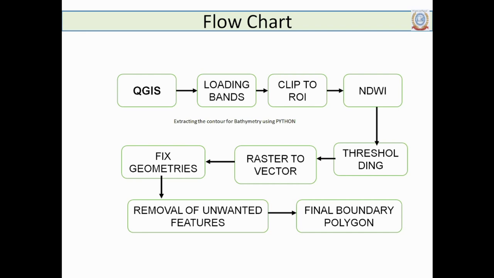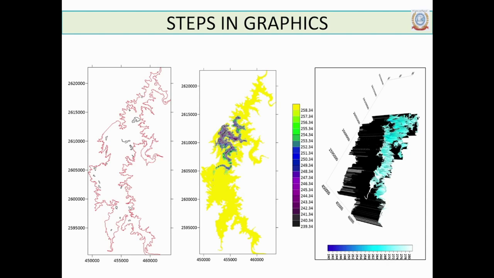This boundary file is used to superimpose over the data which we have collected through the boat-based data logging. So now the data will be processed, gridded, and then analyzed for the bathymetry profile, for which the boundary profile extraction is very crucial. With these steps, this is step 1, which gives you the contour extracted from a satellite imagery